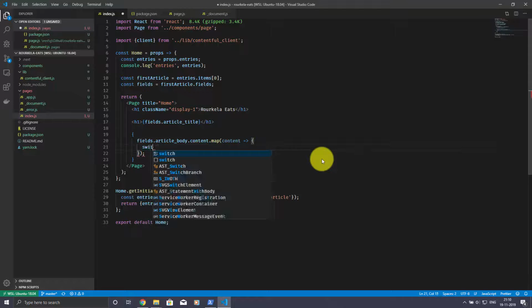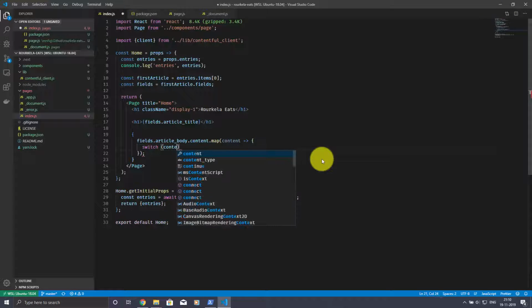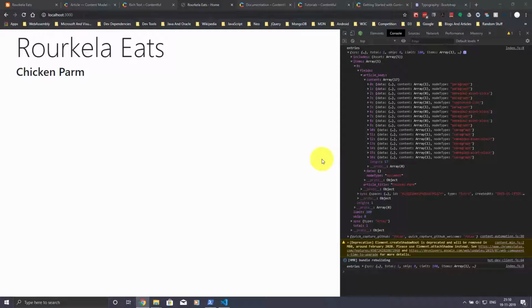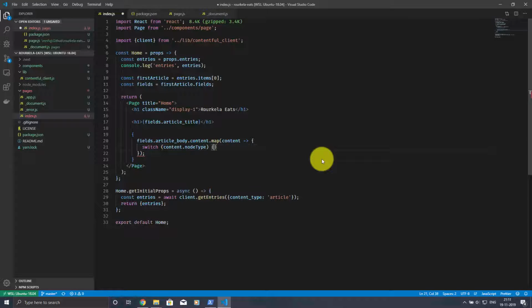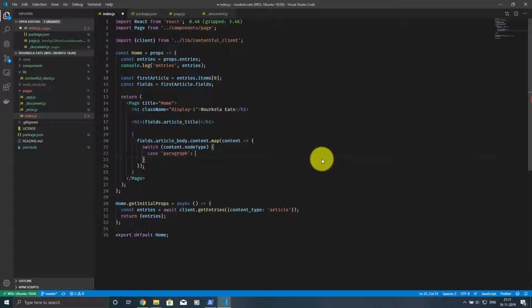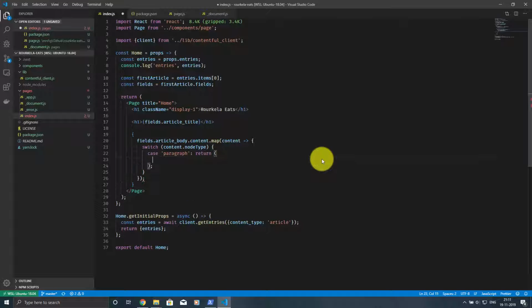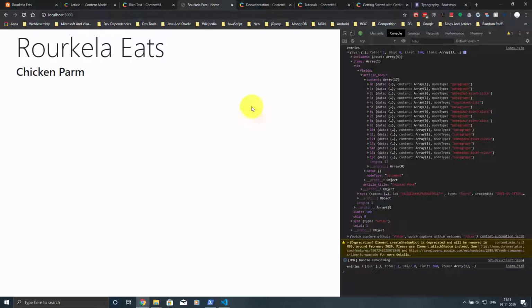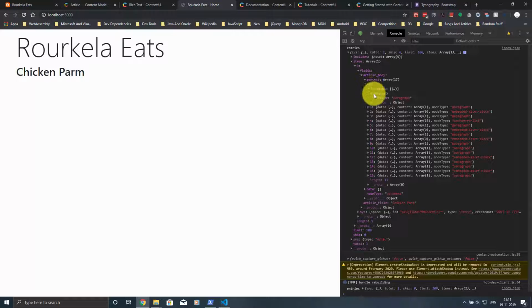Let's just use switch content dot node type. Case if it's a paragraph, we're gonna return... what are we gonna return? We're gonna return a paragraph, and the paragraph is gonna have, what's it gonna have? It's gonna have